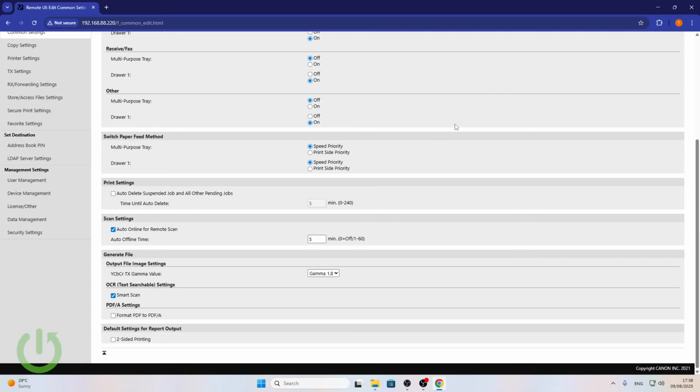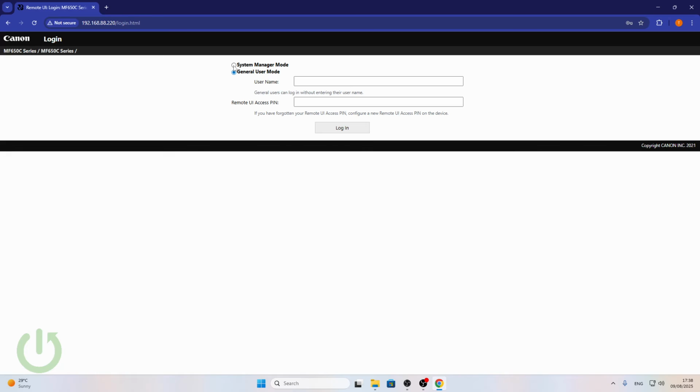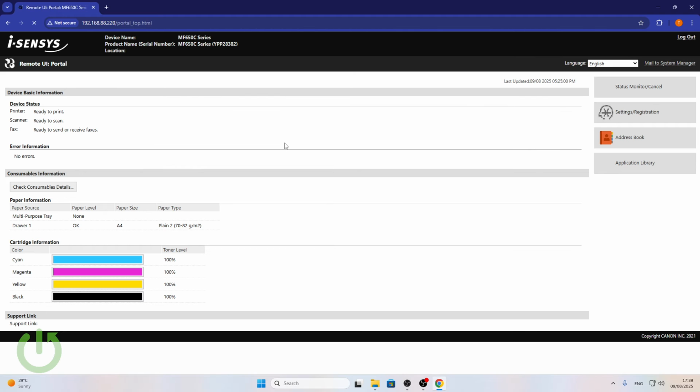So as you guys can see, I am on the website right now. What we can do here is, let me log out and show you. We need to select the system manager mode first before entering the site. And now we need to type in our remote UI access PIN. Basically for me it's 1234. But it may be different to you if you changed it. If you did and you do not remember it, then you can set up a new remote UI PIN in